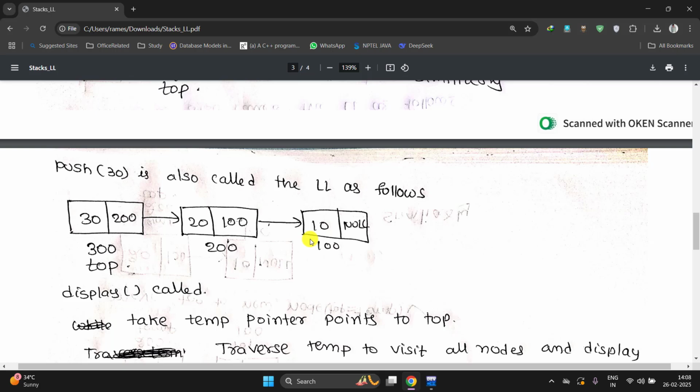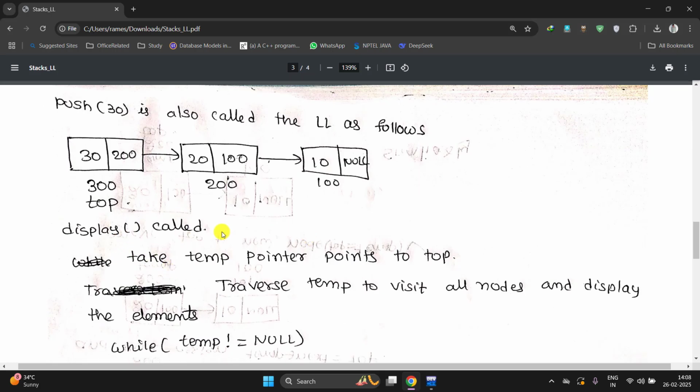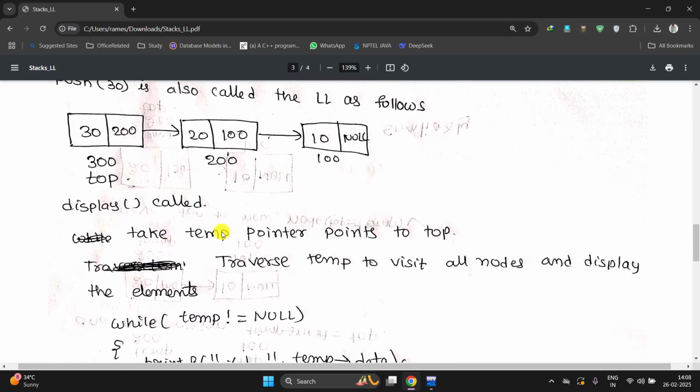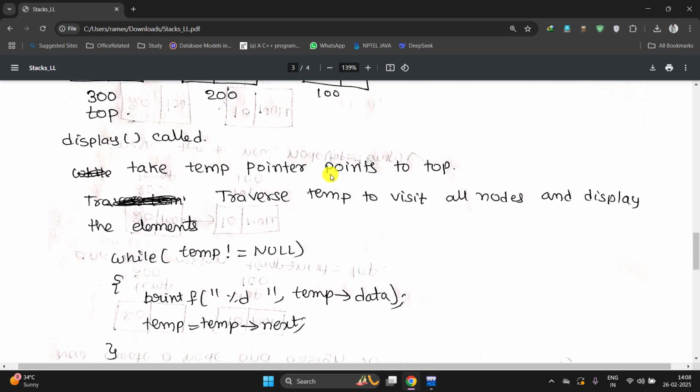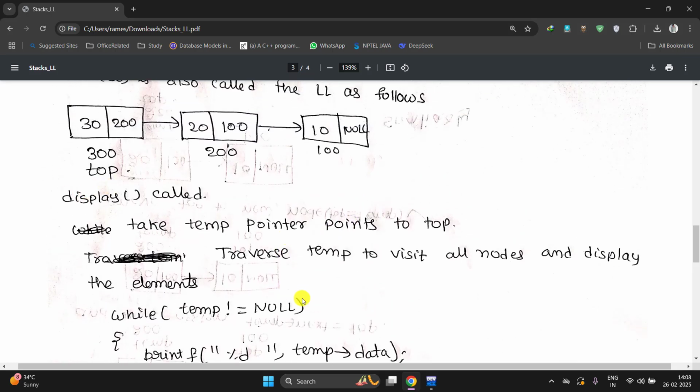Okay, now the display function will be called. We have to traverse the single linked list by using a temporary pointer. Take a temporary pointer and traverse through the list until temp becomes null. We have to print each node value. While temp not equal to null, take a temporary pointer and point to top only. So temp data 30 will be displayed. Now top pointer should be incremented. Top is equal to top next, so that top,